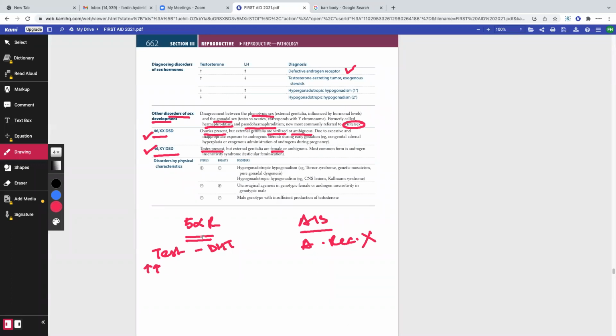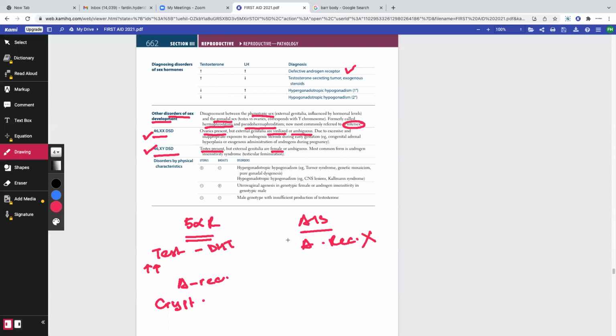Because in 5-alpha reductase deficiency, the androgen receptors are functioning absolutely normally. So when there's an excessive surge of testosterone, it can bind to the androgen receptors and cause virilization. And also, since testosterone is functioning pretty well, in 5-alpha reductase deficiency we do not have cryptorchidism. But in androgen insensitivity syndrome, the testosterone receptors are not functioning. The dihydrotestosterone receptors are also not functioning.